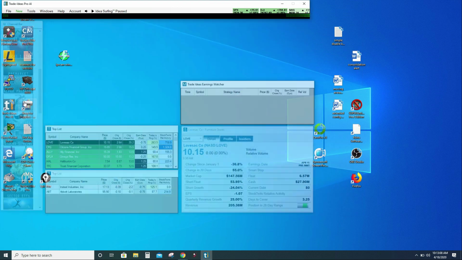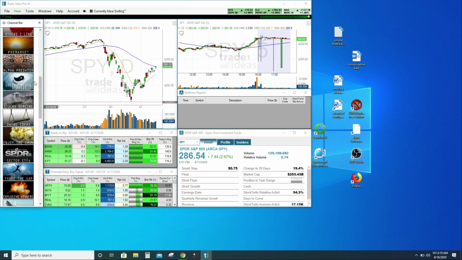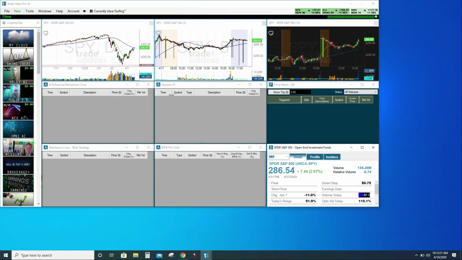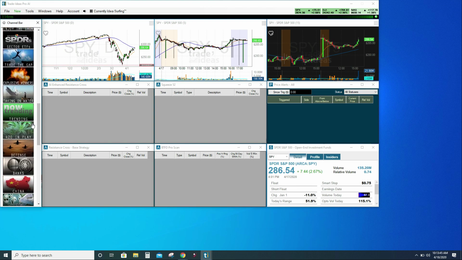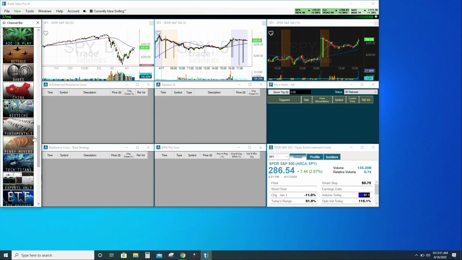If you are into stocks that are ready to run, it shows different pre-configured strategies. It just really depends, again, what you're into. If you're into social media runners, if you like swing trading, they have a swing trading pre-configured strategy. So it's looking for enhanced resistance crosses, breaking over resistance, looking for squeezes, all kinds of things here. If you're into marijuana stocks, if you're into biotech stocks, if you're into fundamental stocks, so